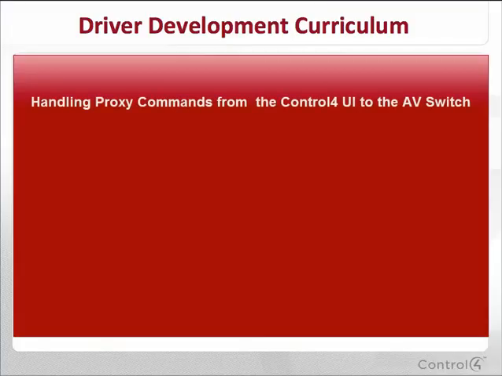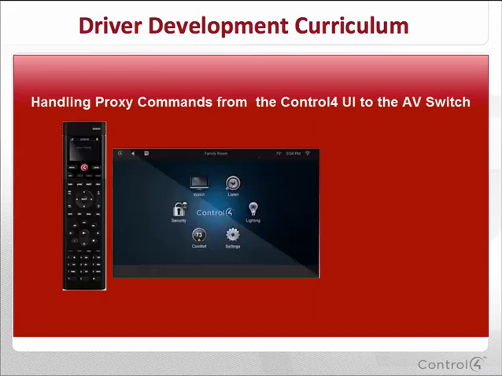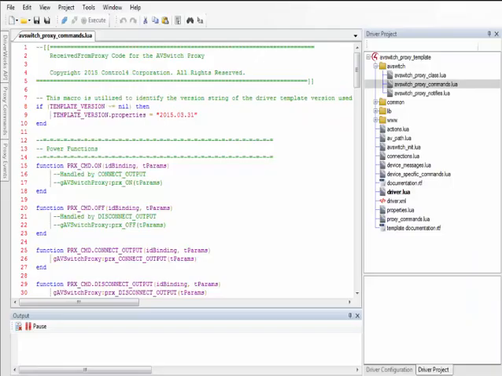Now, let's change direction and take a look at communication flow coming from the Control4 UI to our AV switch. When we refer to Control4 UI, we're talking about the initiation of an AV switch message being sent to the AV switch from our user interaction through any device running Navigator or Composer Pro's control. We call these messages proxy commands. When a message is initiated, it first calls